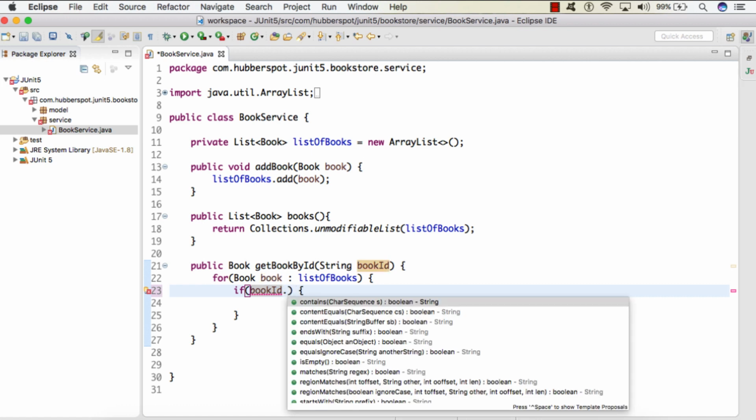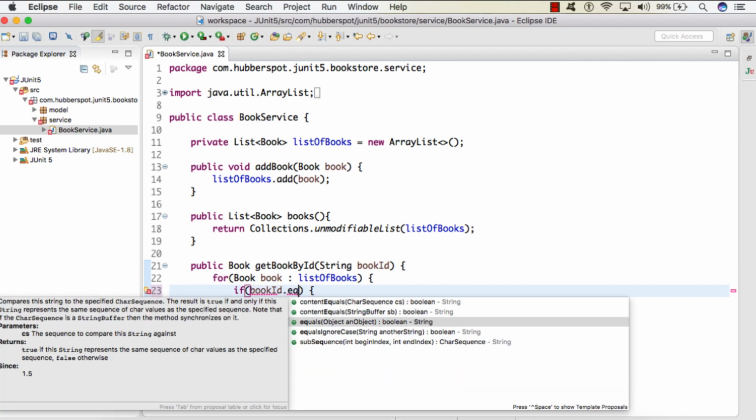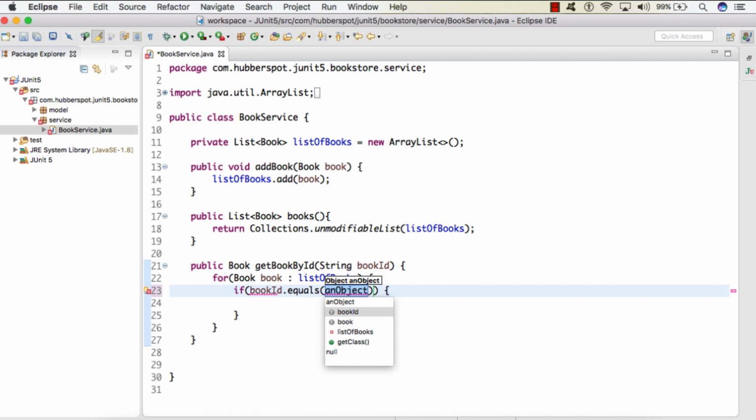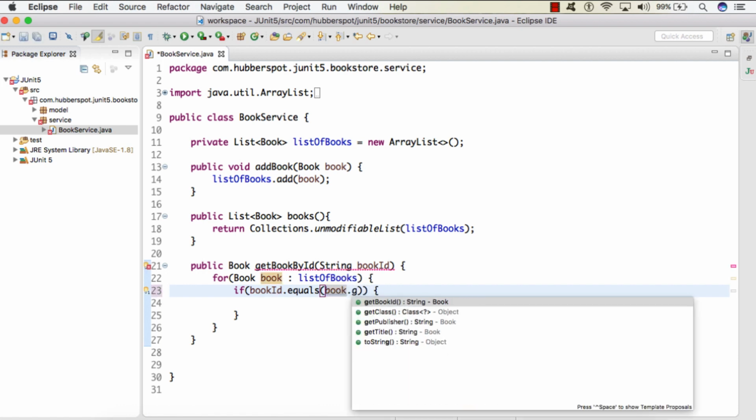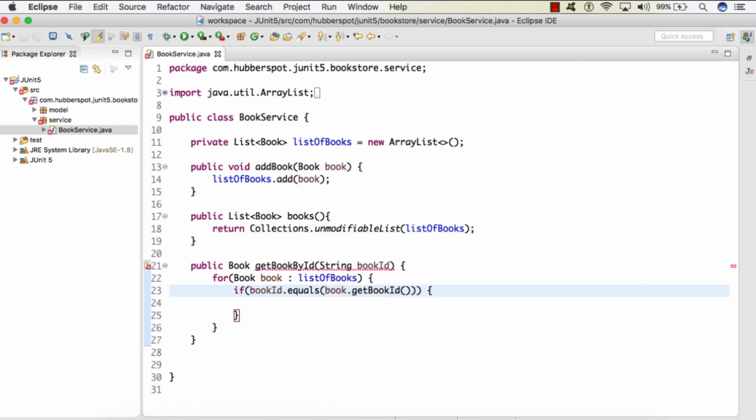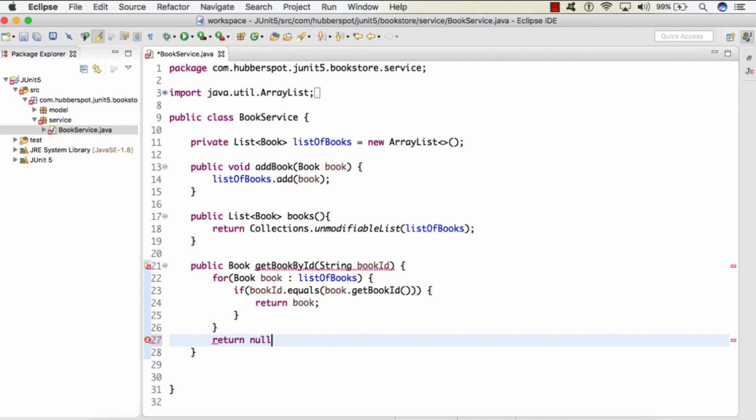If bookId equals book.getBookId, if it is equal, we'll simply return the book, and if none of the book ids match, then we'll simply return null. So here we are returning null so that we can demonstrate the assertNull method.